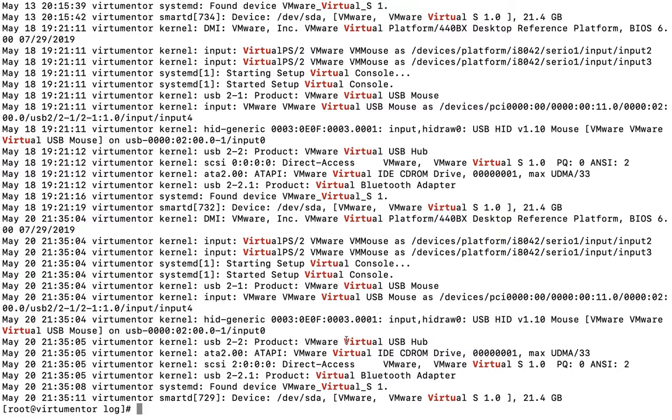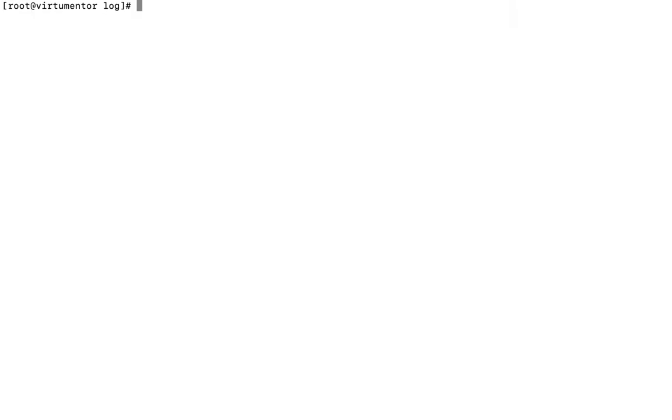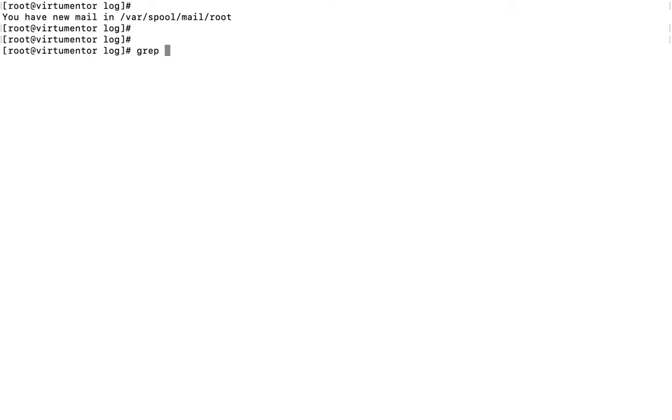But if you want to reduce or minimize the case sensitivity, suppose I have a pattern and I don't know what case it stands for. Suppose I have the pattern virtue mentor, and I just wanted to put the V in capital format. So grep, I'll do hyphen i virtue mentor.